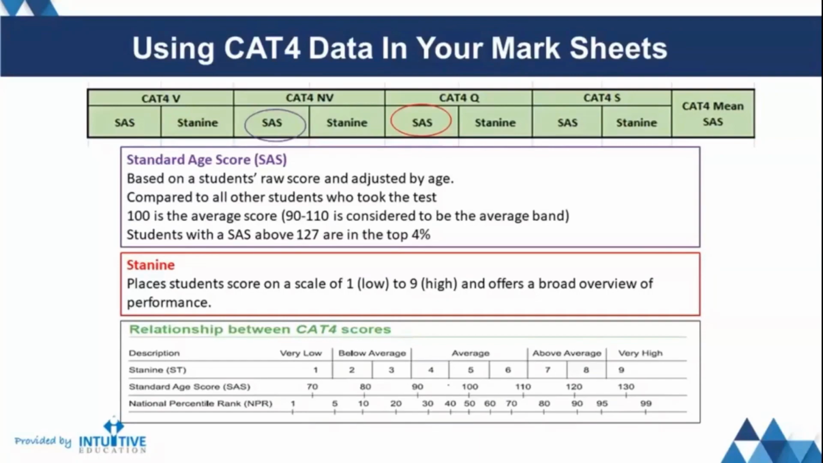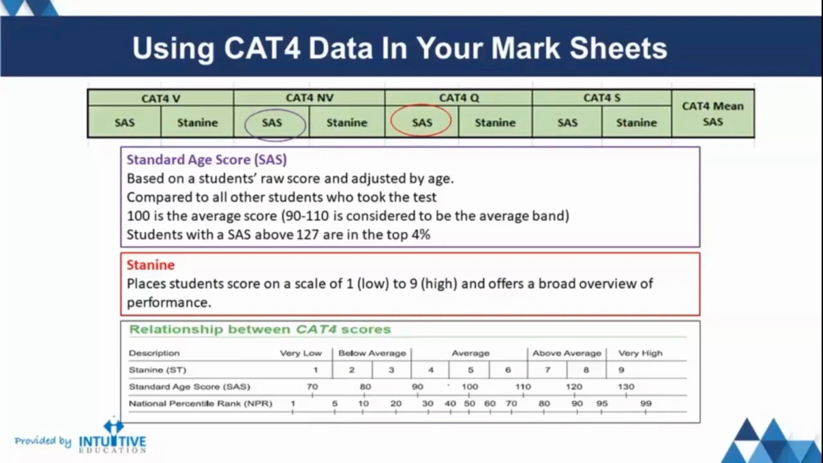As well as getting a standardized age score with each battery, the child will be placed on a stanine. And a stanine is a scale. It's 1 to 9, 1 being low, 9 being high. And that gives a very broad overview of the performance. Many schools here in the UAE use that